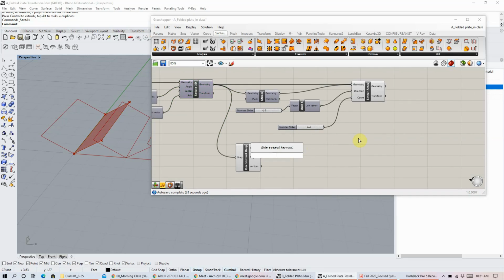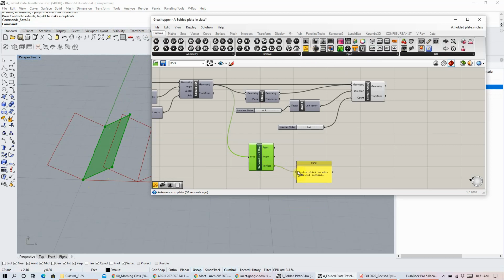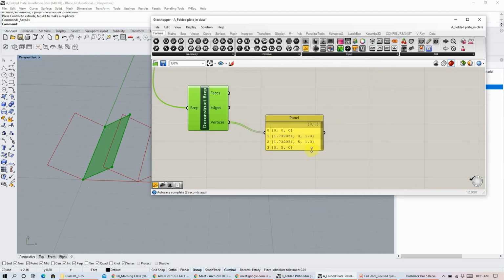Okay, so I'm going to grab these vertices. What I did was deconstruct BREP, which takes my geometry and gives me the faces, which are the surfaces, the edges, which are the lines around the surface, and the vertices that make up the surface. Grasshopper works in lists, so if I bring my panel over and take a look at my list of points that make up my rectangle,